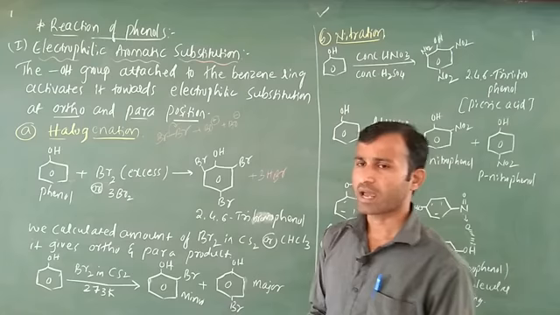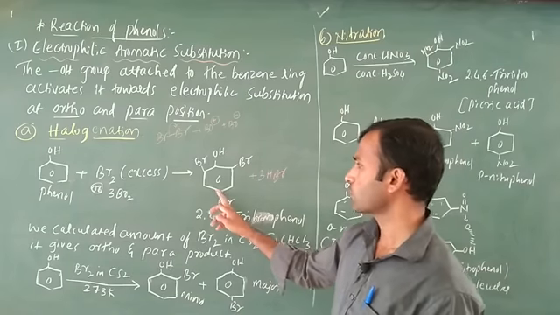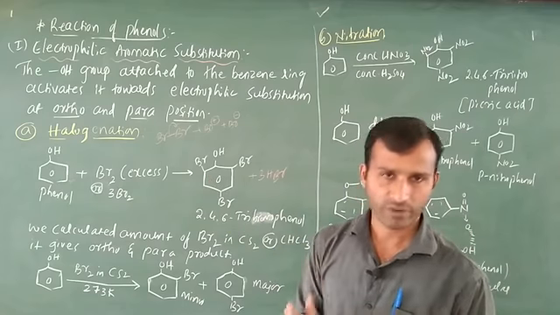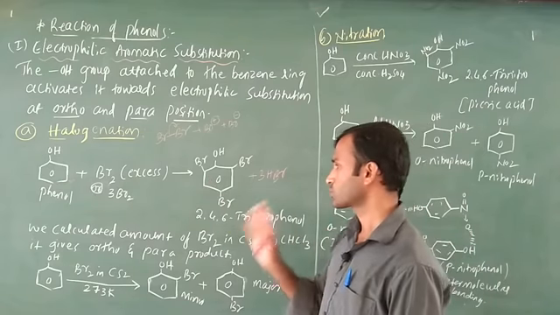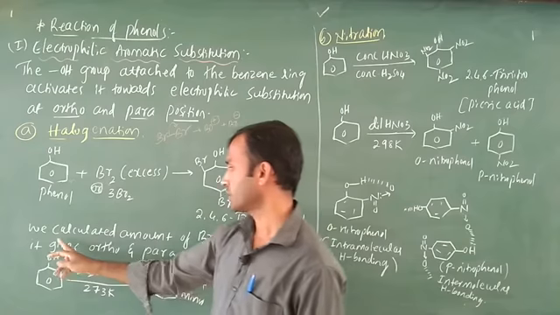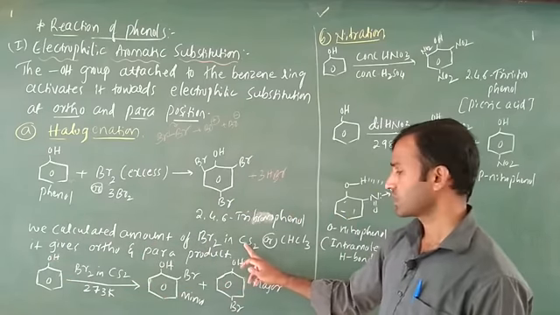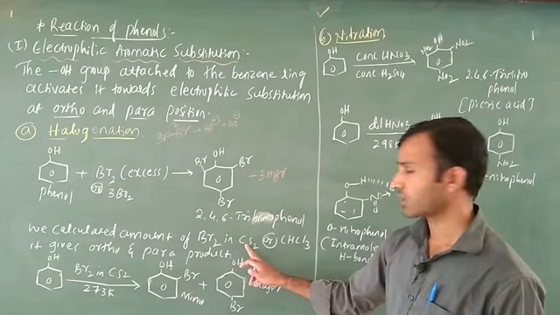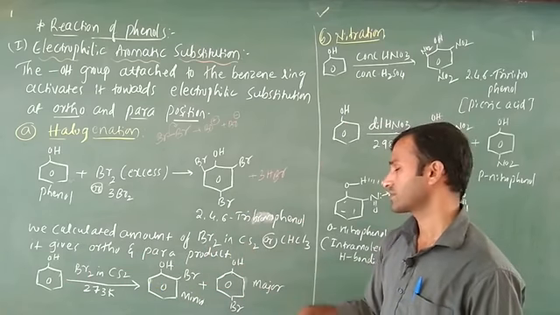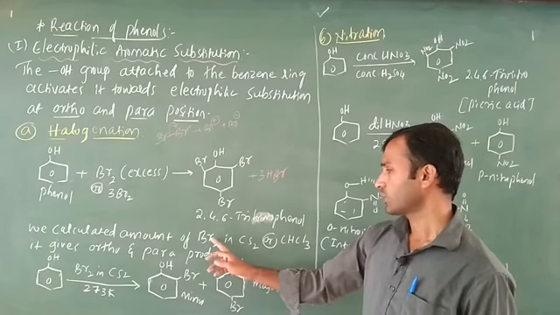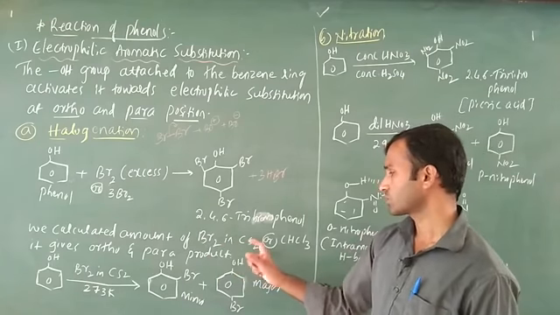Next, our plan is that we are going to block the position. I need only 1 Br on phenol. That is the most important point. That is why in this case we take a calculated amount of Br2 in CS2. CS2 is a non-polar solvent. We can say another name is inert, which means less reactive. You have to take Br2 mixed with